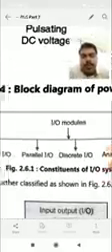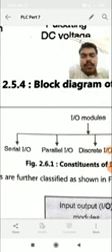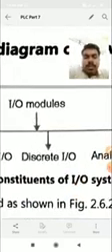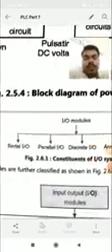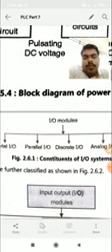Okay, input output modules. So the first one is the serial input output, right? Both inputs and outputs can be taken serially. Both input and outputs can also be taken as parallel. Discrete input, in the form of digital, analog form input output, and special input output, right? So remember, these input output modules are divided into 4 or 5 parts: serial input output, parallel input output, discrete input output, analog input output, and special input output.